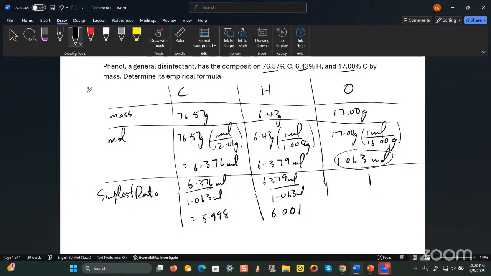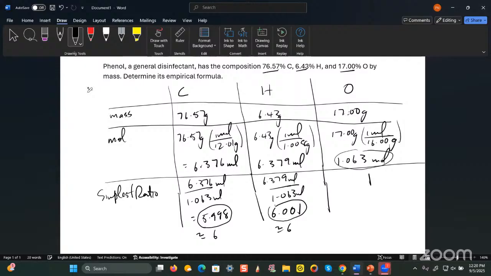So at this stage, what we'll notice is that this number and this number are very close to an integer. In fact, they're both very close to the same integer. This one is close to 6, this is close to 6, so therefore we can round this off to 6,